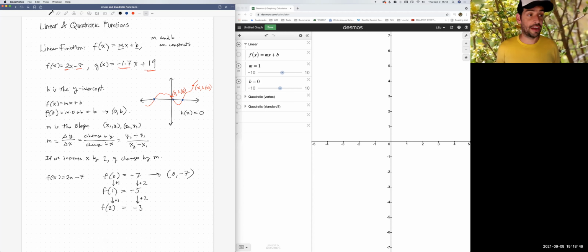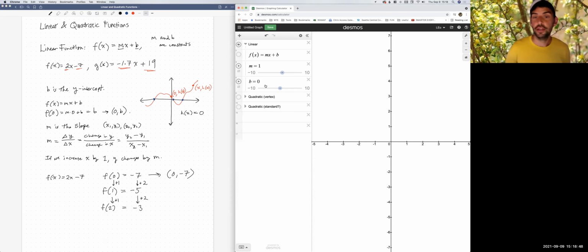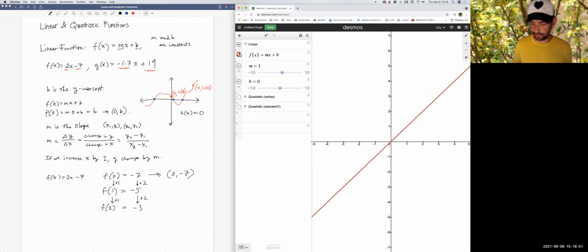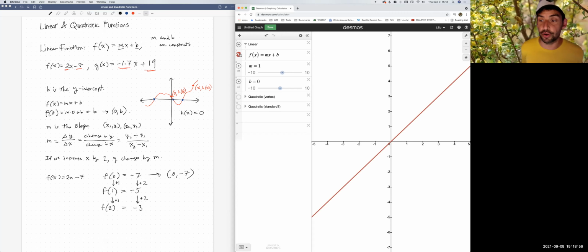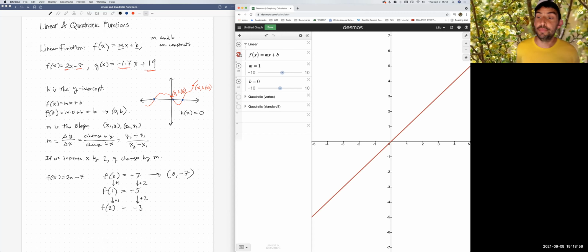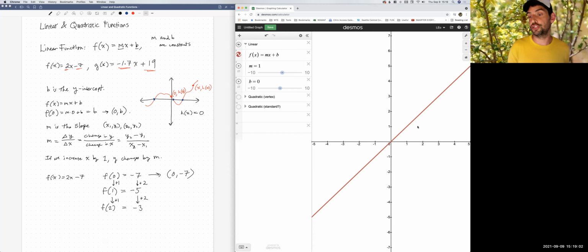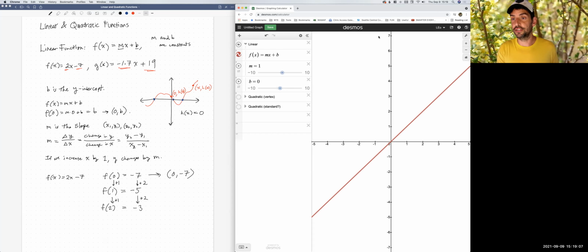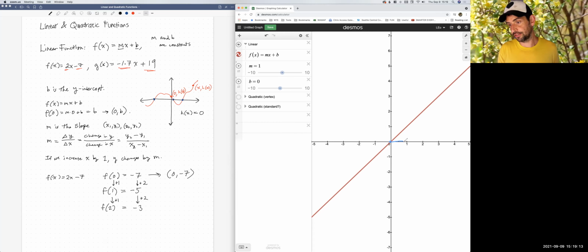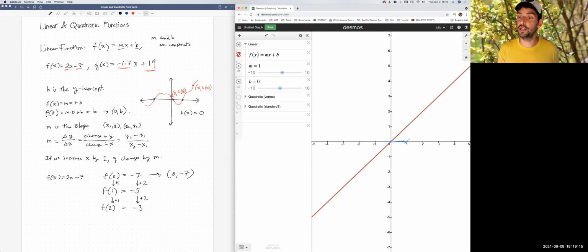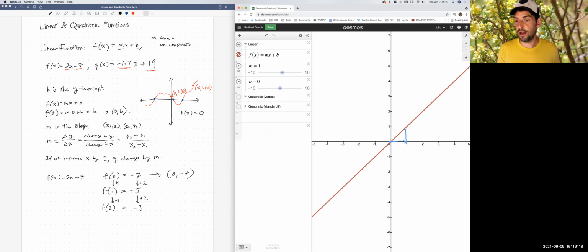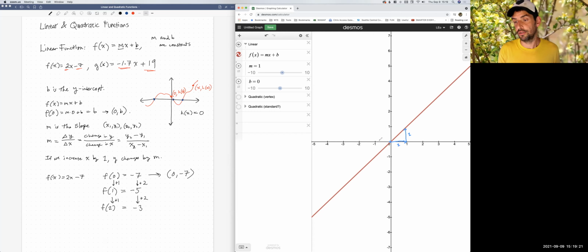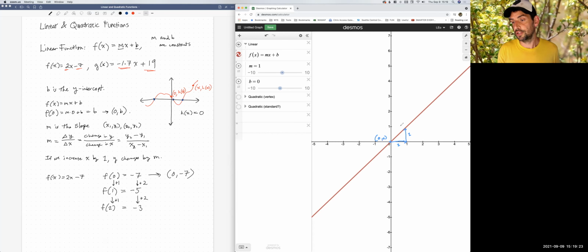So let's look now at graphs of these linear functions. So again, this is probably familiar. Here's the simplest linear function, I think. This is the case where m is equal to 1 and b is equal to 0. So it goes right through that origin. We can see, as I said a moment ago, if we increase, let's go through that same idea. If we increase x by 1, y increases by 1, right? So we go from the point 0, 0 to the point,